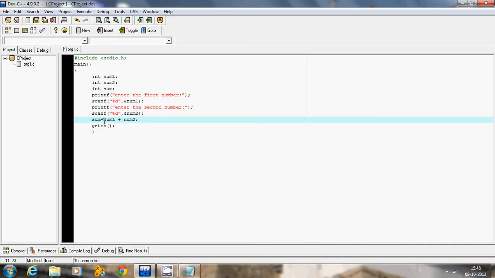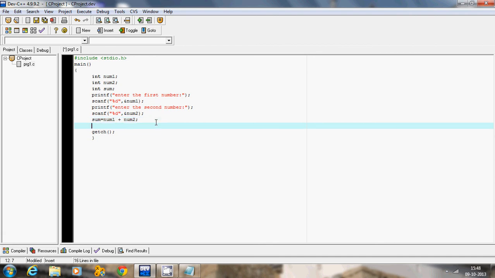So the result of addition will be stored in sum. We want to see the result, so we are going to write printf "The sum is"